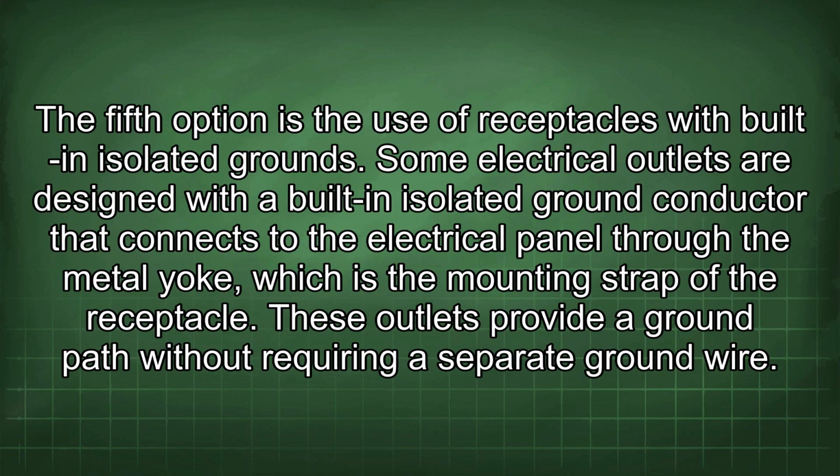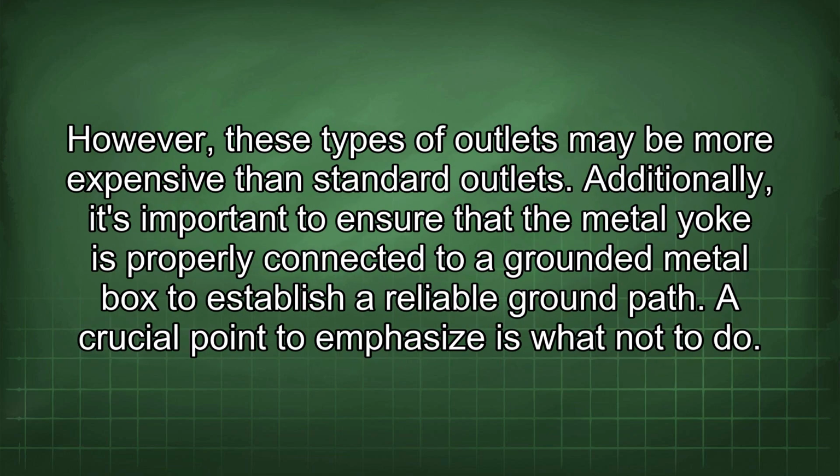The fifth option is the use of receptacles with built-in isolated grounds. Some electrical outlets are designed with a built-in isolated ground conductor that connects to the electrical panel through the metal yoke, which is the mounting strap of the receptacle. These outlets provide a ground path without requiring a separate ground wire. However, these types of outlets may be more expensive than standard outlets. Additionally, it's important to ensure that the metal yoke is properly connected to a grounded metal box to establish a